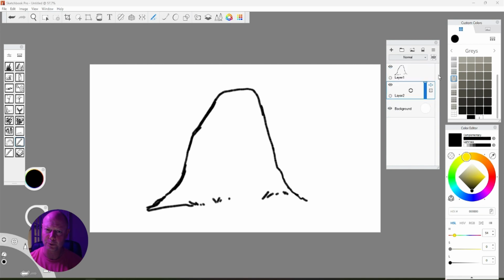I didn't put a whole lot of time into the line art because we're going to color this. So the shading that we're going to do first is going to